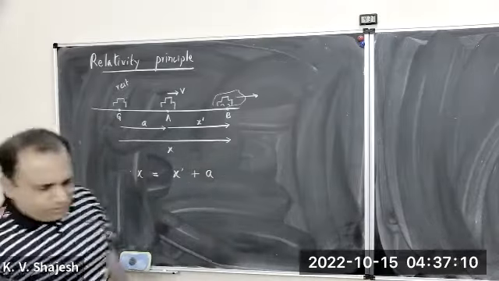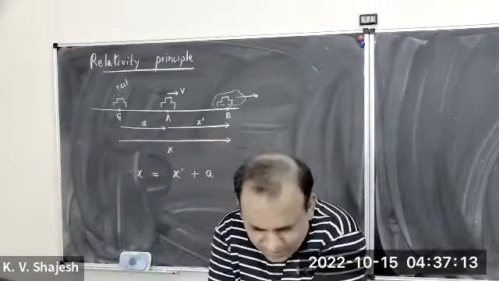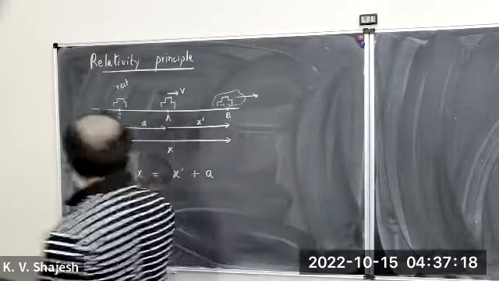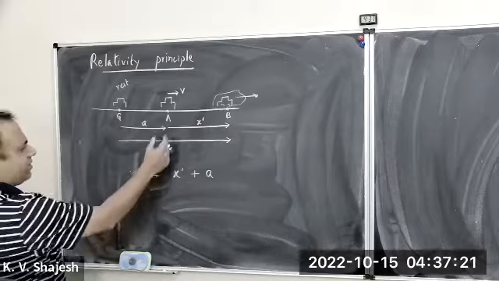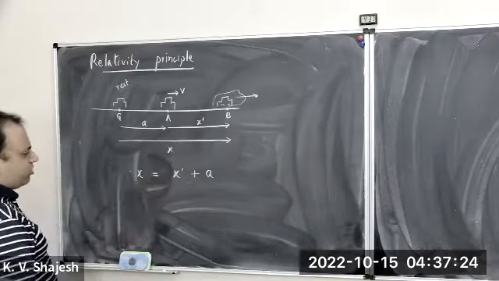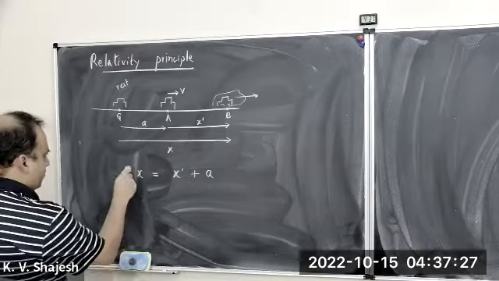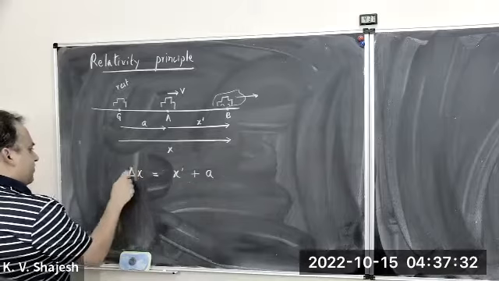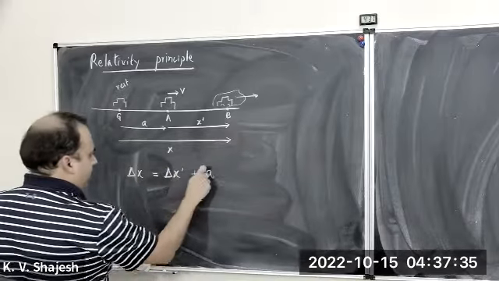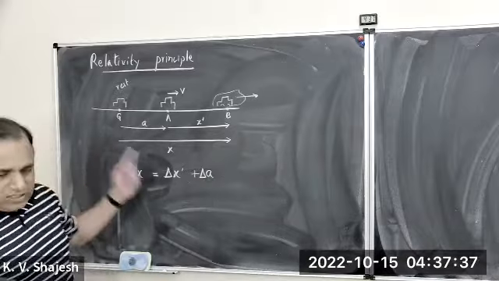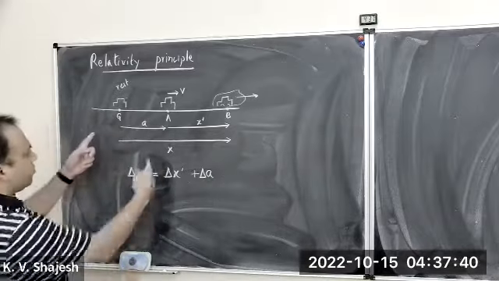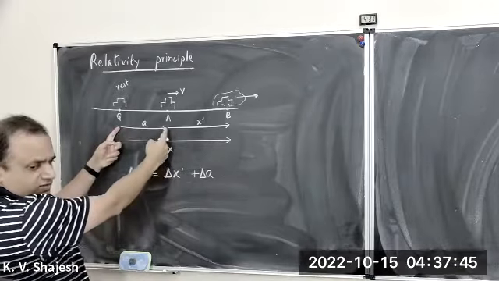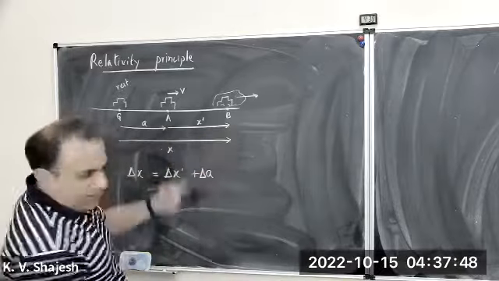Correct? Speed is defined as distance over time, but distance in this direction. So it is usually the change in distance. If this moves a little bit, there is a measurement being made. So that's delta x, delta x prime and delta a. How much is the change in distance? That should also be easy. Let us say it's from here to there. Then we are talking about the change in distance from here, change in distance from here, and change in distance from here.